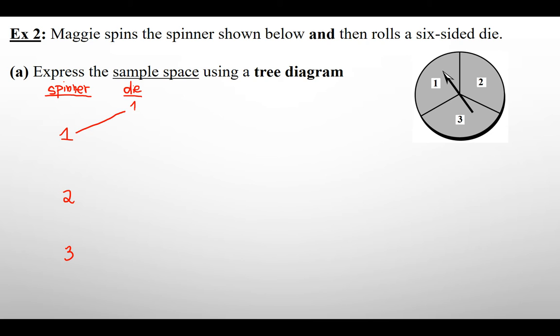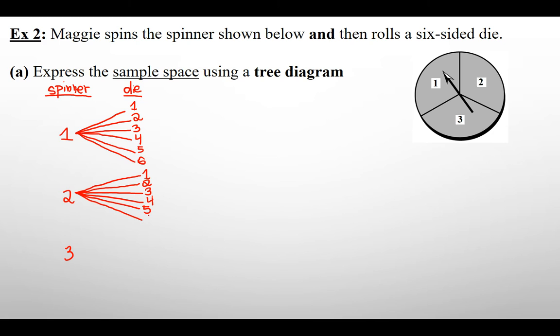So we can have 1 followed by 1, 1 followed by 2, 1 followed by 3, 1 followed by 4, 1 followed by 5, 1 followed by a 6 on the die. Same thing for these trunks of 2 and 3. So you have a 2 and a 1, you have a 2 and a 2, you have a 2 and a 3, you have a 2 and a 4, you have 2 and 5, and you have 2